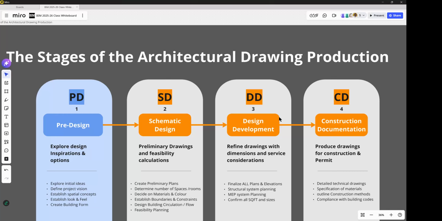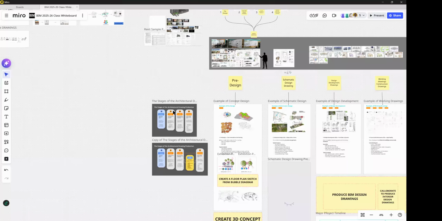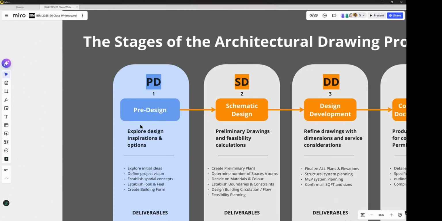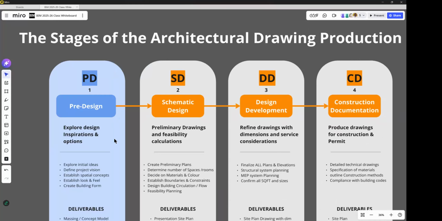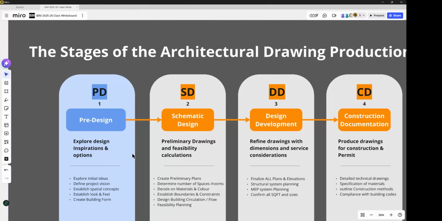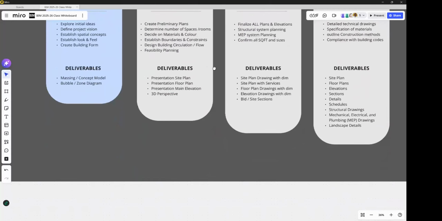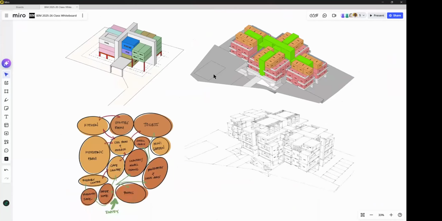to design development and construction drawings, right? You guys are going to come along with the journey. So I want to talk a little bit about the pre-design phase. Chances are when you get your first job, maybe you won't be involved a lot in this phase. This phase has to do with, for example, diagramming, massing, sketching.